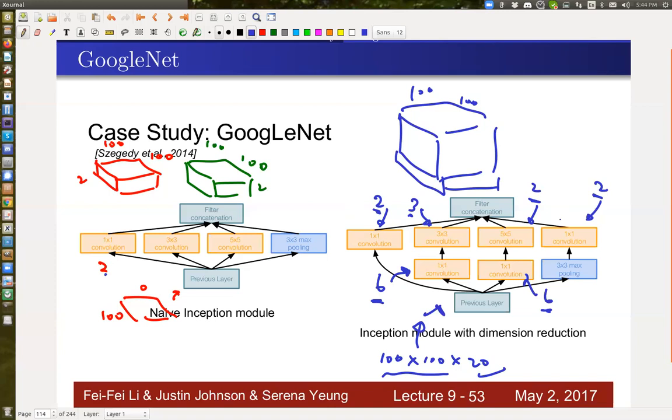But precisely what is the output dimension? So you say 9. 9 is like what the